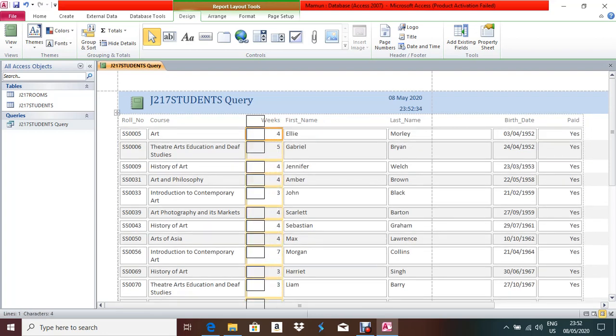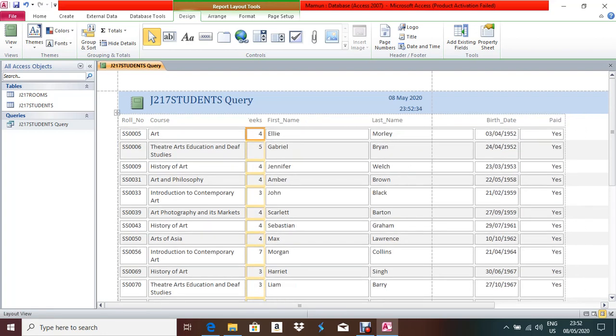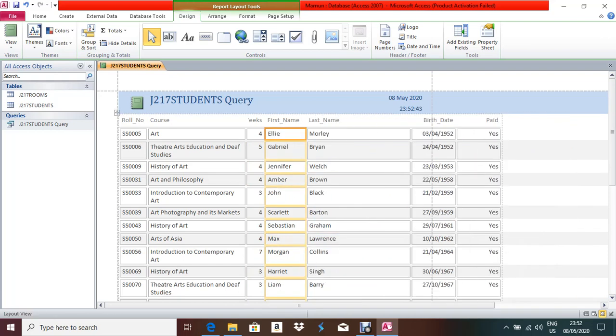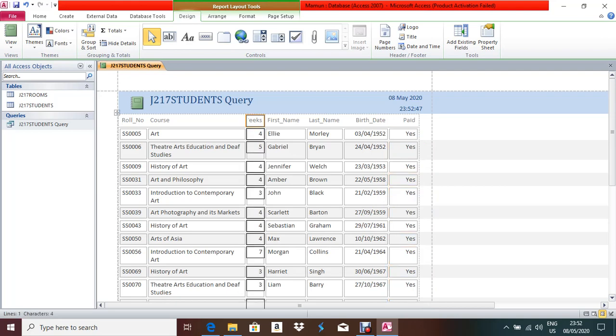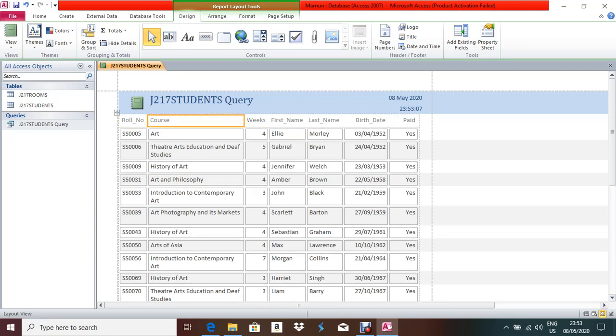Weeks, first name, last name, date of birth, paid. Now all the fields are visible. See, 1 2 3. Week is not visible, right? So what you'll do, make it a little bit big, or you can make this one a little bit small, and then week is visible. See, week. So 1 2 3 4 5 6 7.